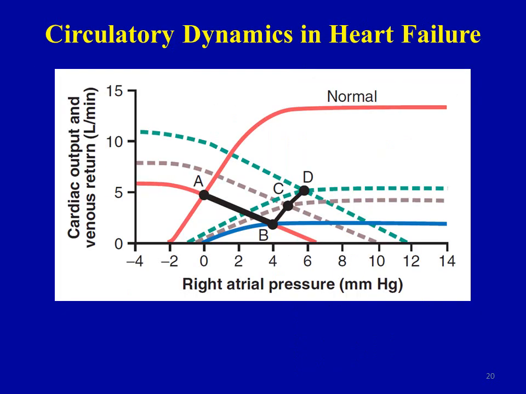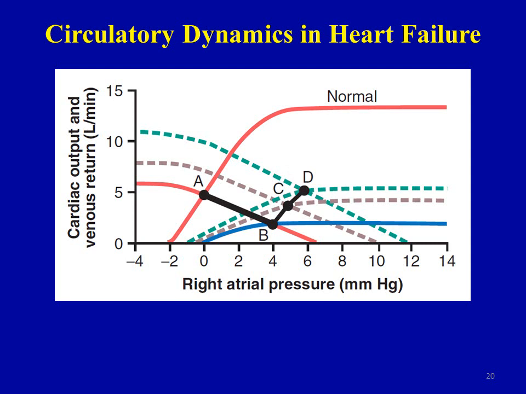Now, what happens in heart failure? For example, during myocardial infarction, the heart will fail, so there will be a problem in the cardiac output. There is a sudden decrease in the cardiac output. So the cardiac output here, for example, will become 2 liters per minute, and the point of intersection is here. So the right atrial pressure will increase to 4 millimeters mercury, and as the sympathetic compensatory mechanism comes into effect, we reach equilibrium point C,